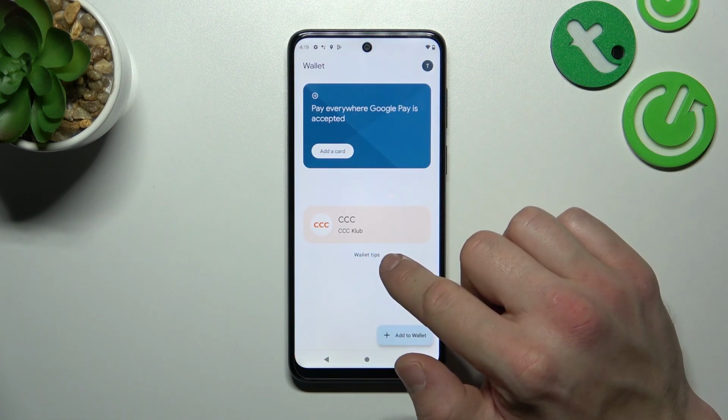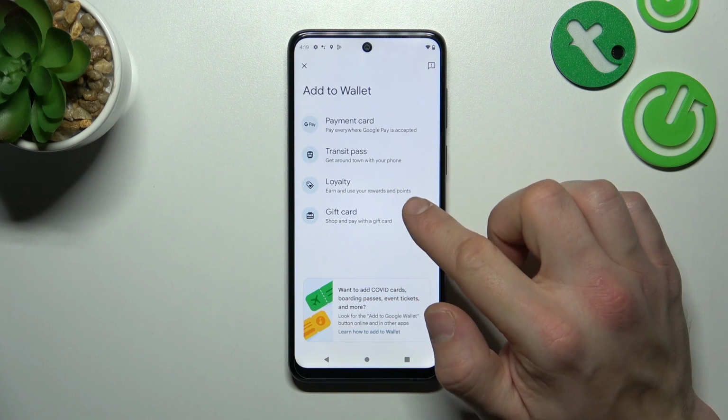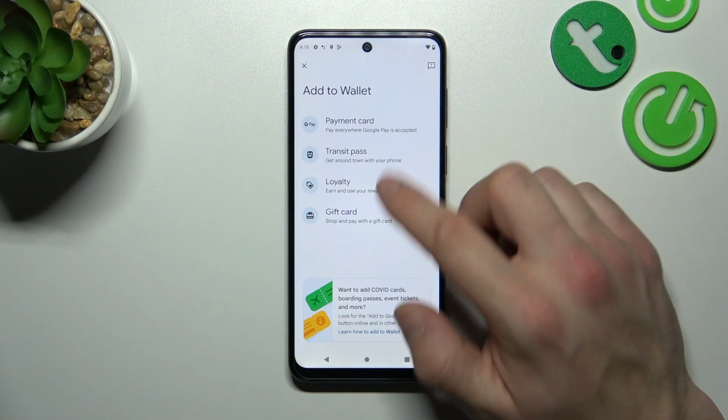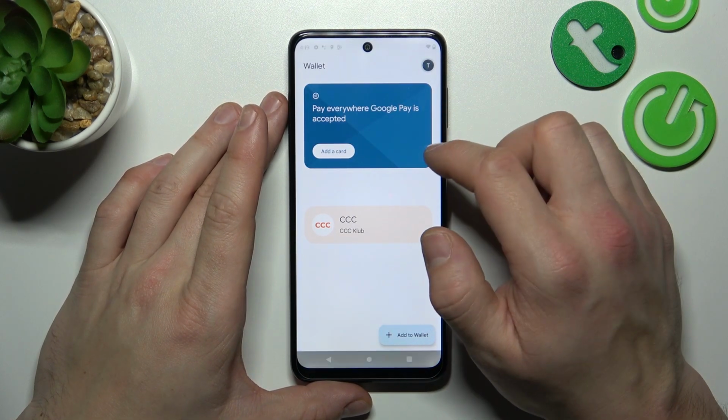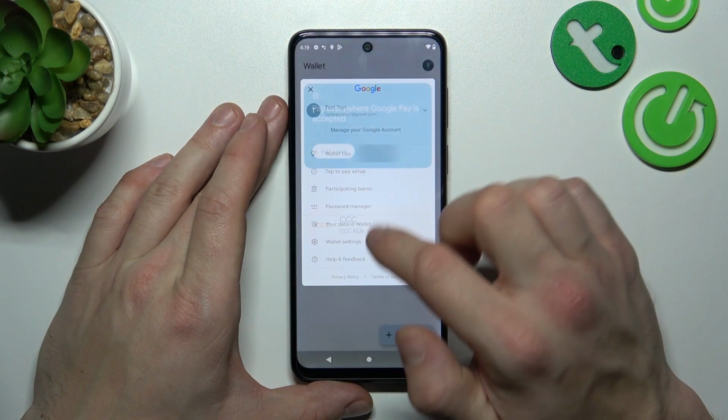Also, you can go to All Tips, and you can add more passes to your Google account as well as payment card. Then, if you go to Menu, you've got access to your Google account, All Wallet Tips again,